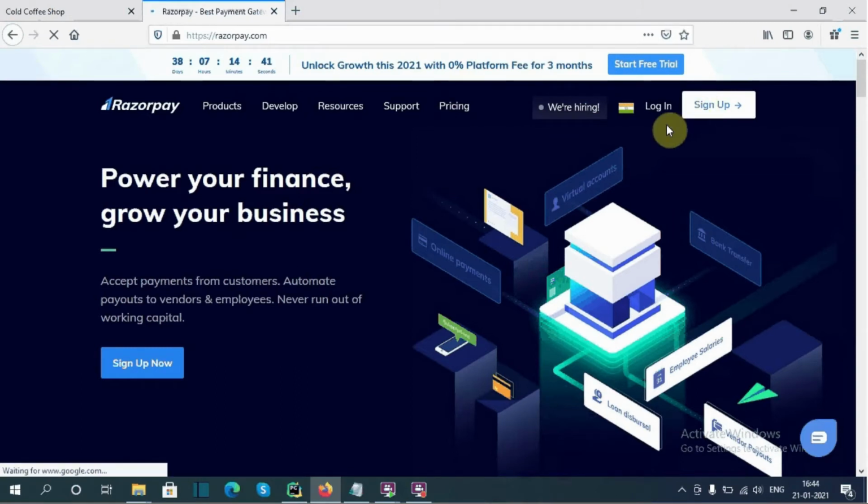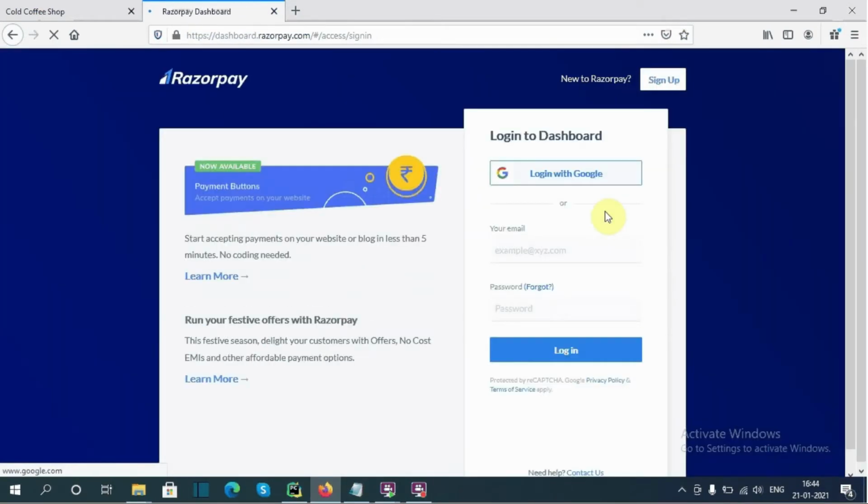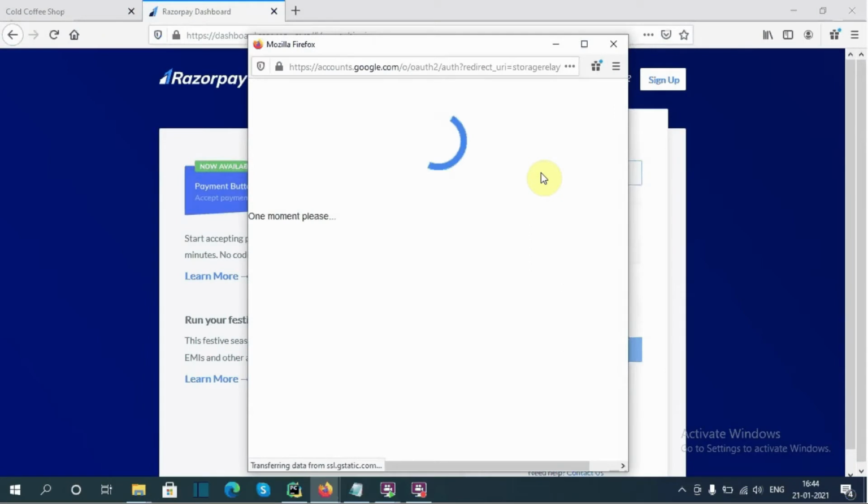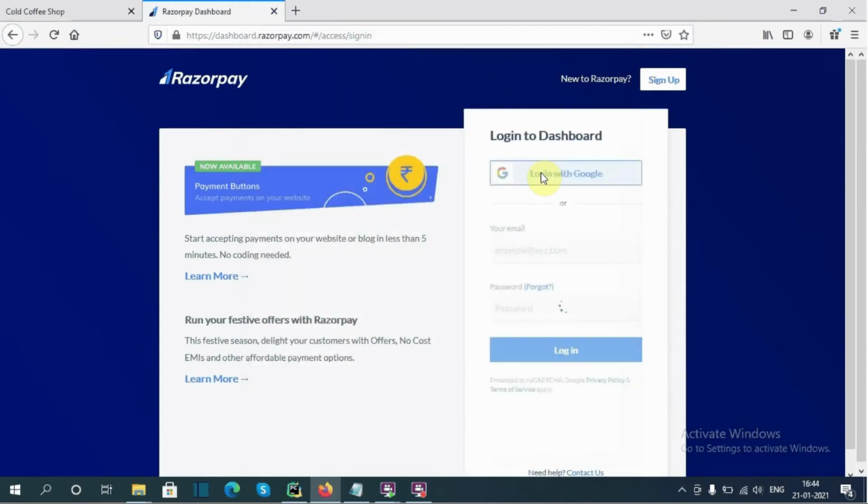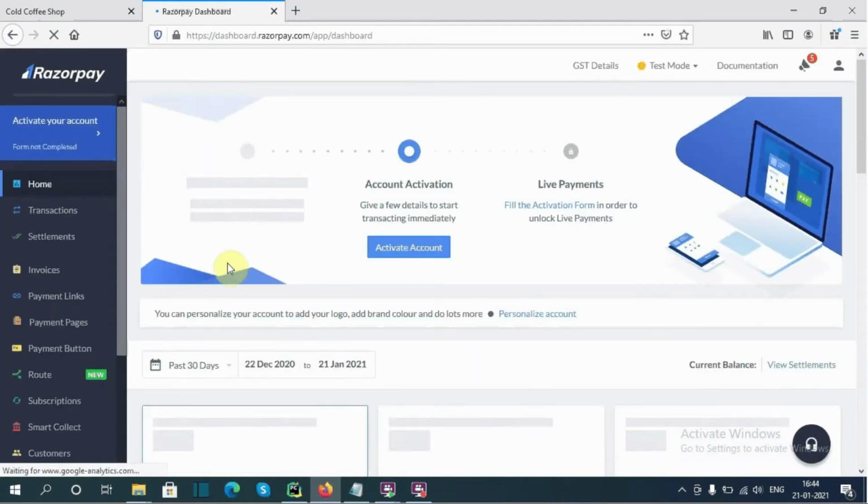Okay, now I will log in from here, with my Gmail account, Google account. The net is very slow.